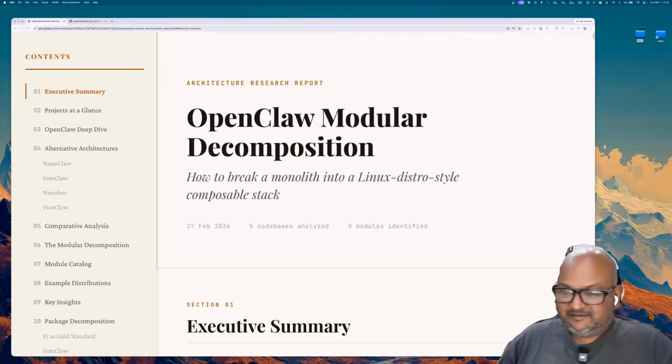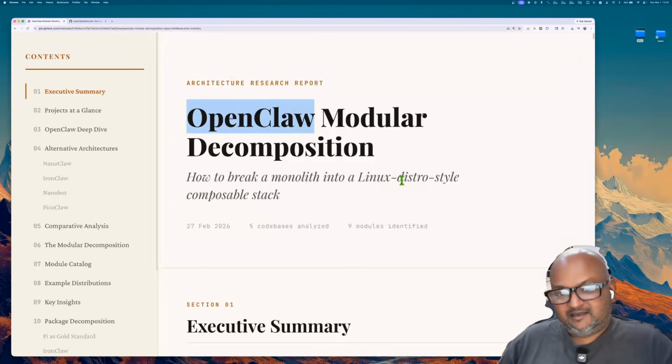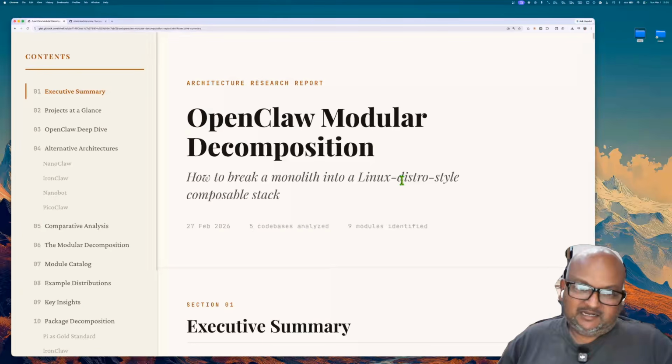And over that time it has also inspired a number of other projects which try to do the same thing. They're called claws, which is kind of fun. What I want to do in this video is actually look into the internal architecture and implementation of OpenClaw and a few other popular claws because I think it can teach us a lot about how to build these full